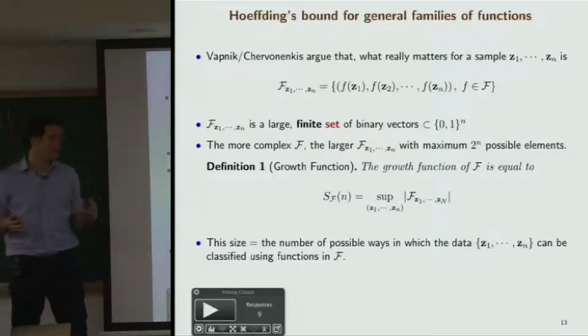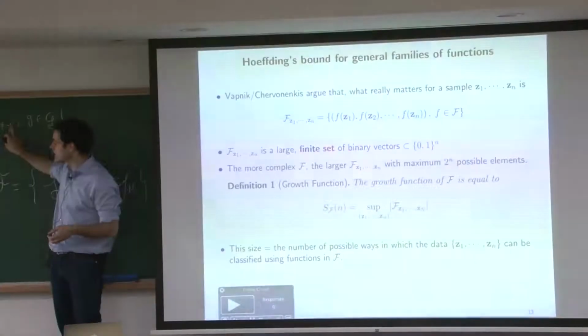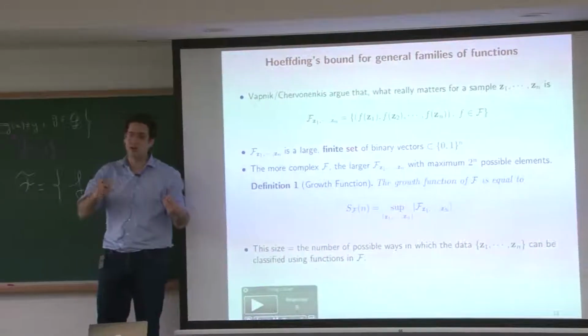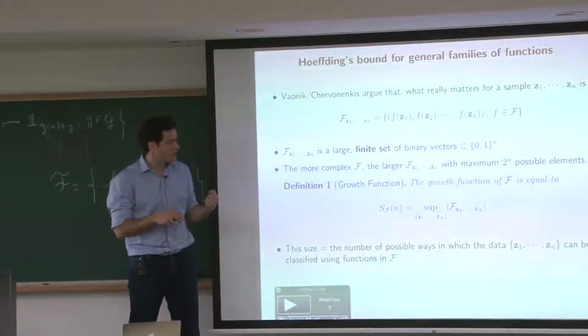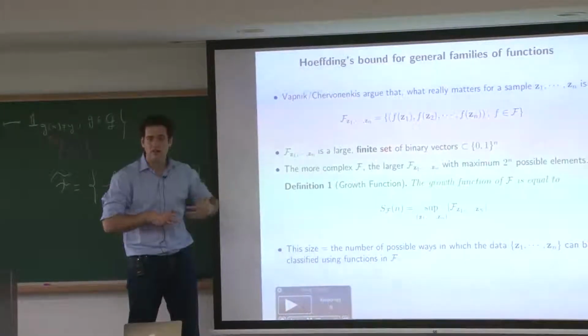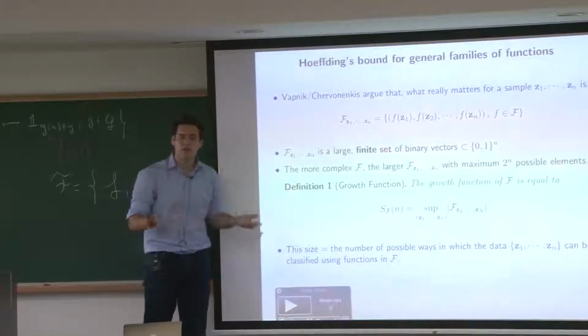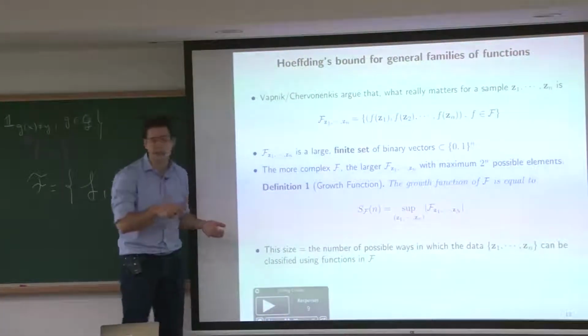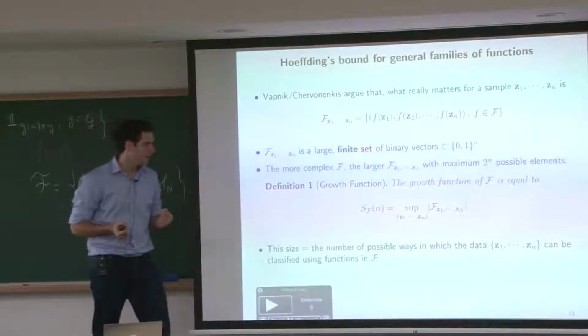So how many different ways are there? 2 to the power n. For each observation, it's either the yi that was given to you or the other way around. It's either this sign that was given to you, yi, or minus yi. So for each different point, you have two choices. And if you have a function class which is rich enough, you will be able to do whatever you want. And then you will get that this set is exactly of size 2 to the power n. Okay? Now,